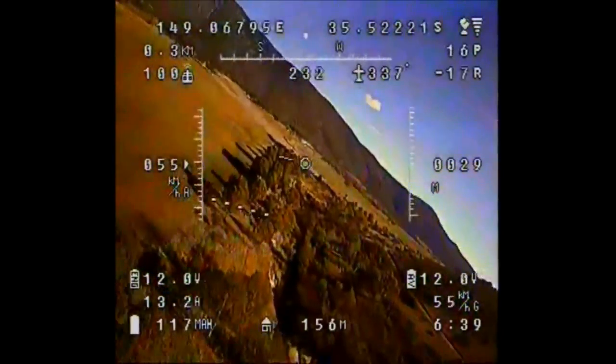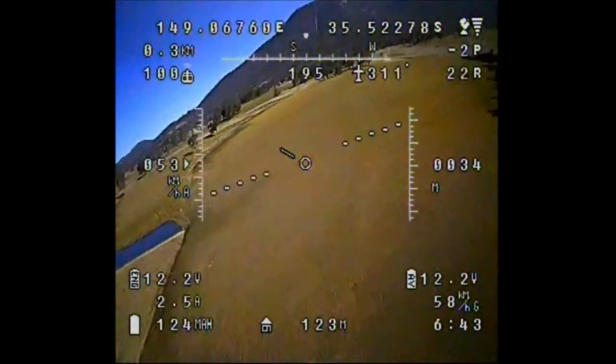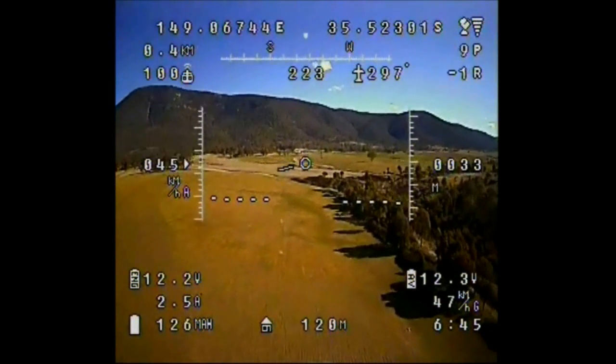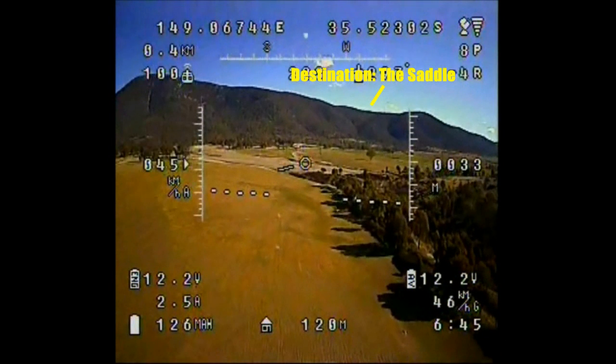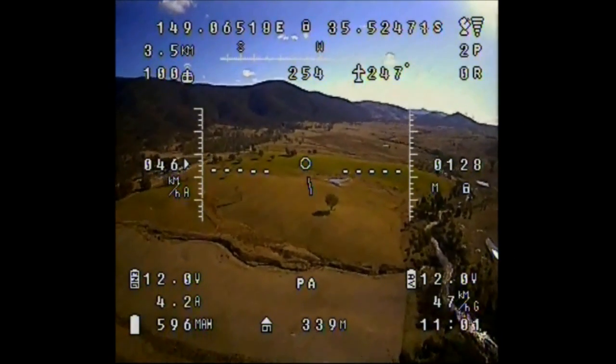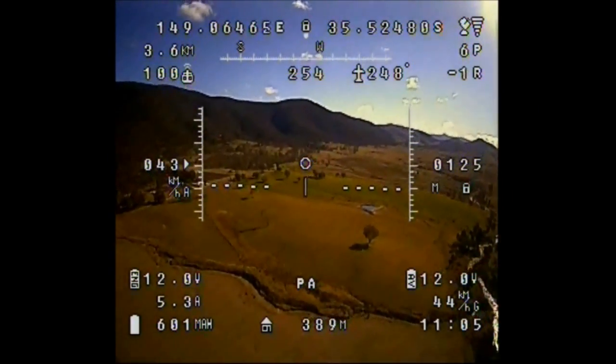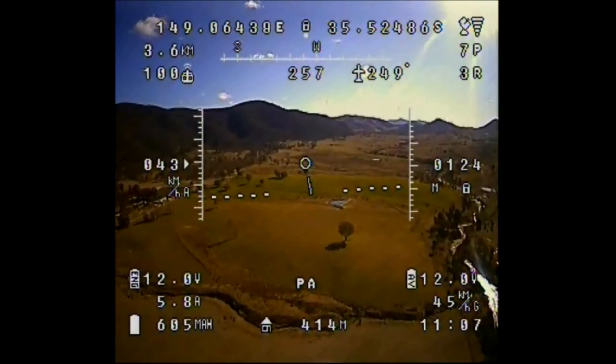So after the last trip, when I ran out of video trying to get to the top of the mountain, I thought I would fly off in a different direction, because maybe the microwave tower on the top of the mountain is knocking out the video. So I'm heading for the saddle here. I'm not sure exactly how far away it is because I haven't checked it on Google Earth, and I'm not real sure of the height, so